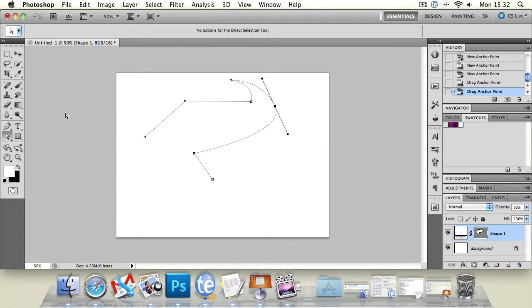If you want to edit your shape, click onto the direct selection tool, and any of your points during the construction or even after making a shape are completely editable. We get the direction handles so we can tweak them, and this is where pen tools come into their own. Pressing shift and holding that down means that a line will only go in certain directions, which helps align it and create